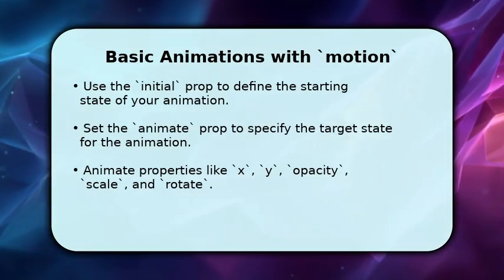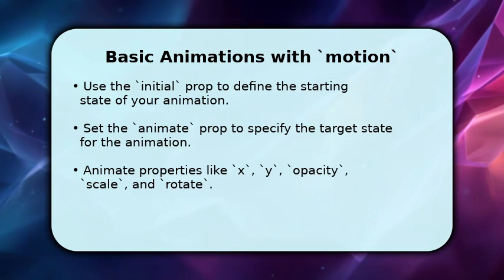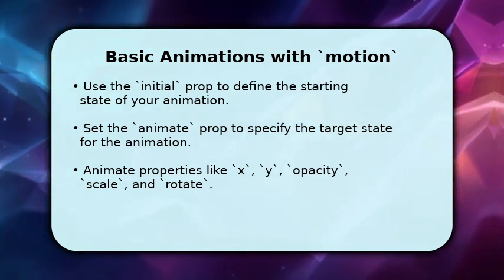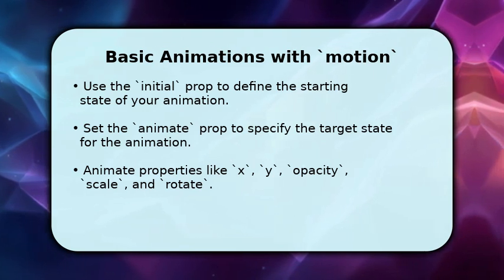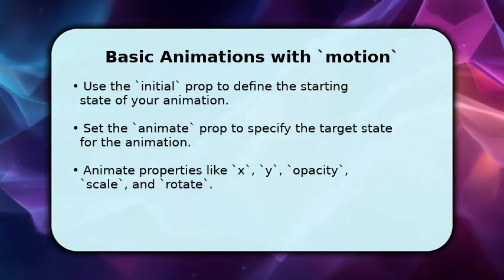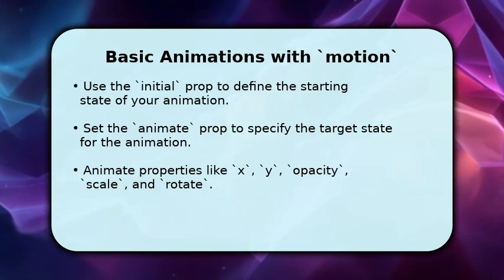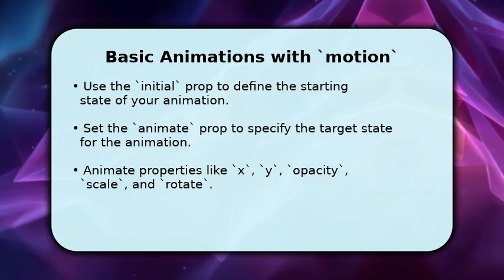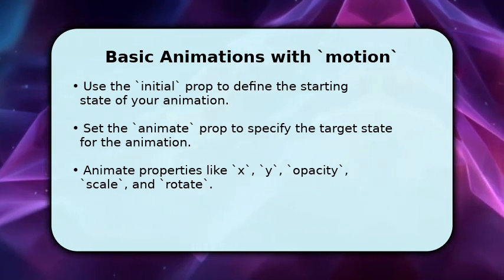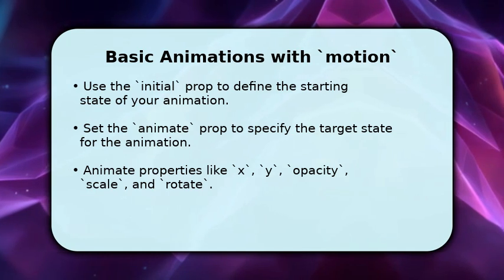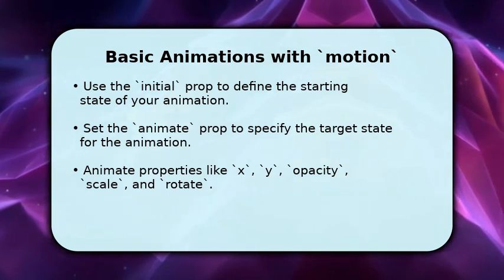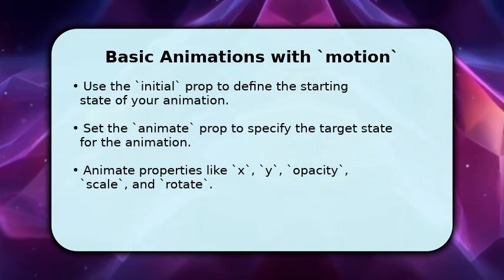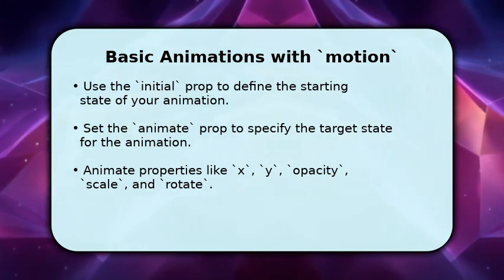Now, let's dive into basic animations. You can define the starting point of an animation using the initial prop, for example, setting opacity to 0. Then, specify the final state with the animate prop, perhaps setting opacity to 1, and moving the element by 50 pixels on the x-axis. Framer Motion handles the smooth transition between these states automatically. You can also fine-tune the animation's duration, perhaps to 500 milliseconds, and its easing curve using the transition prop for